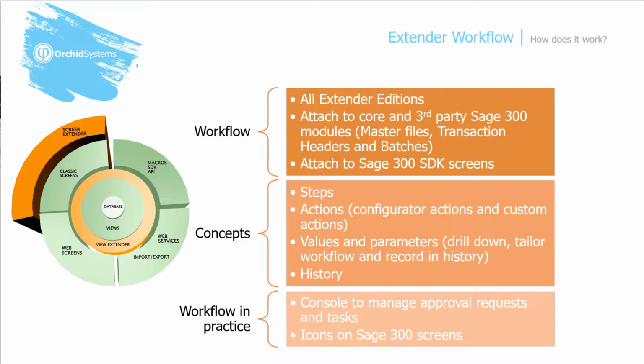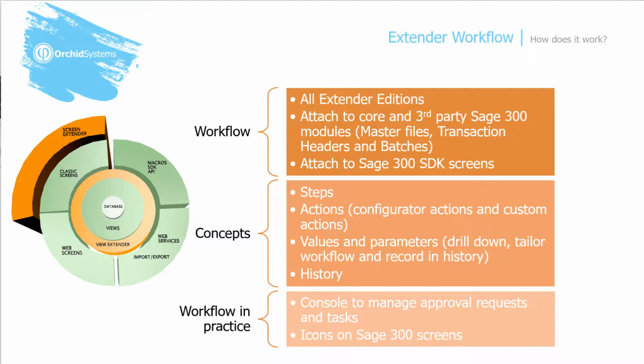Workflow operates at the view level, and workflow can be attached to any Sage 300 master file view, core modules, as well as third-party modules developed in the SDK. Header transaction views or batch views. Workflow can be started when Sage 300 records are inserted or updated, as well as started manually through icons on the screens. And workflow functionality can also be used in Extender scripts started from Process Scheduler,